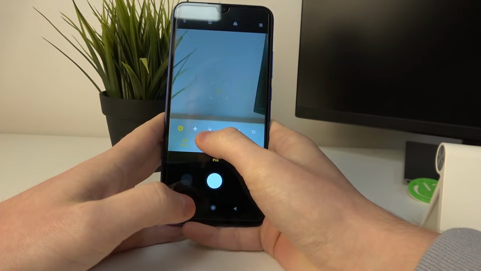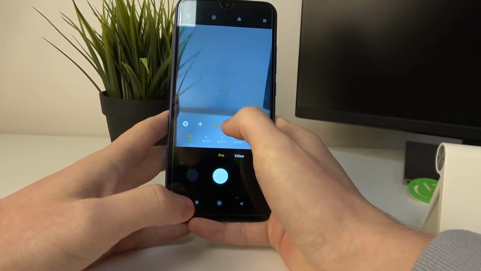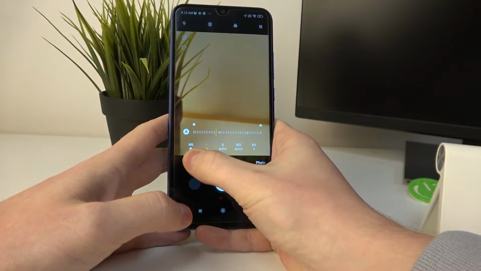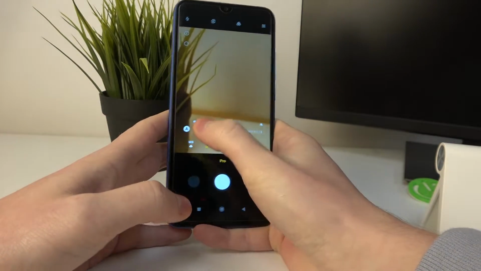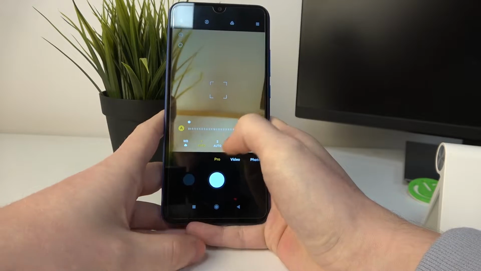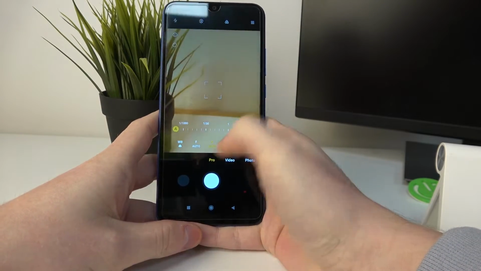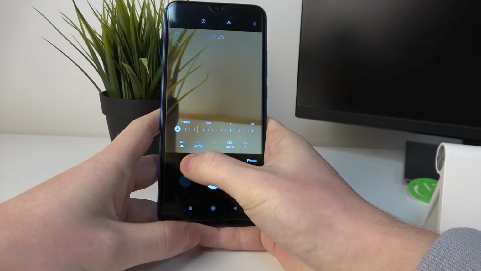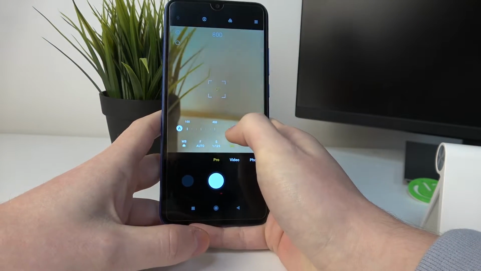So here you have white balance. You can change it like that. Focus, you can use auto also. There's shutter speed, aperture for your camera, ISO, balance,